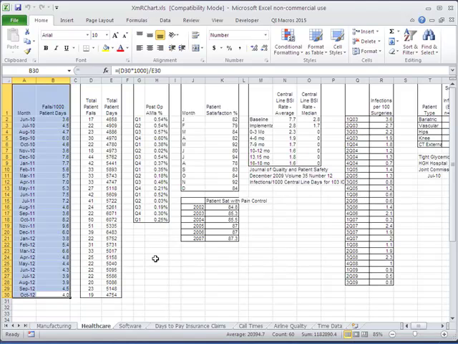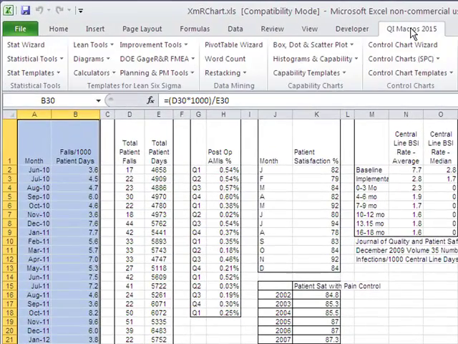So here's an example. Here's falls per 1,000 patient days. There's lots of things we can chart with a control chart, not just manufacturing stuff. It works in service industries as well. So just select the data with your mouse, go up to the QI Macros menu, click on the control chart